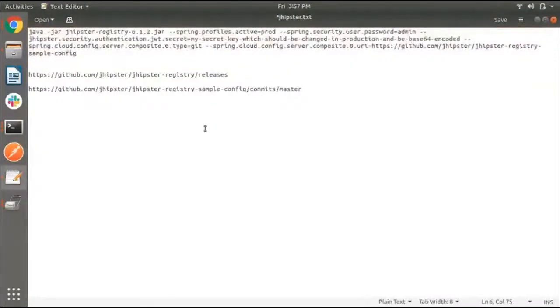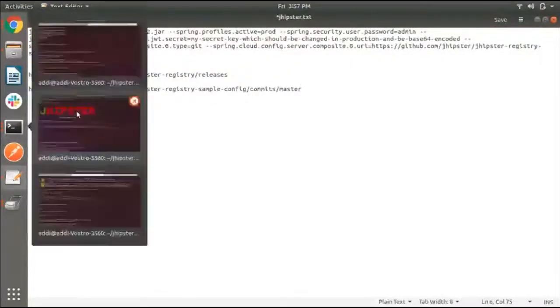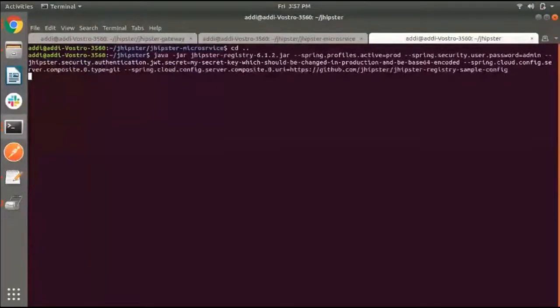By using this command, I can start JHipster Registry. It will start soon enough.